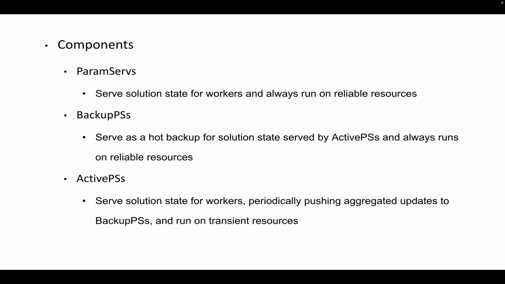The first is the parameter server, which is a critical component of the parameter server architecture. It manages the storage and communication of the ML model parameter states, such as the weights or biases of the ML algorithm, and manages these state values among the different components of the ML framework. They can have different fault tolerance expectations with active and backup PSs to ensure that the training process remains efficient and uninterrupted.